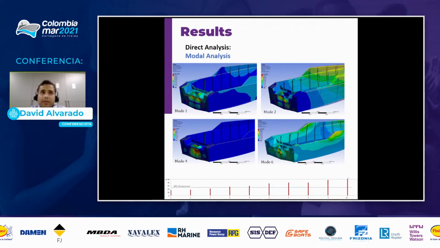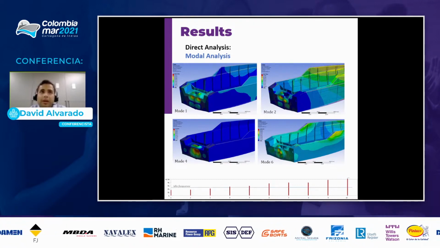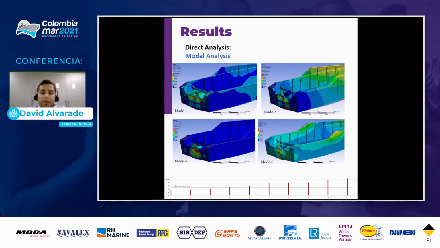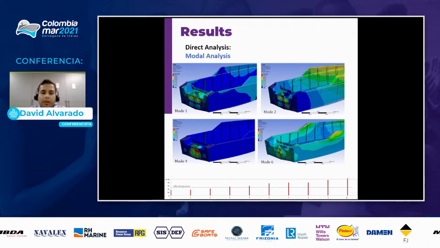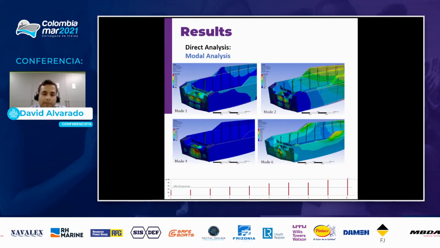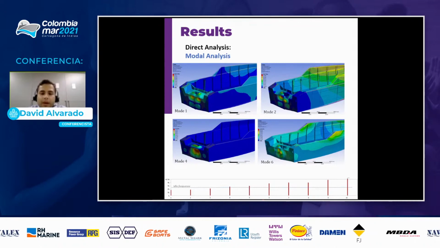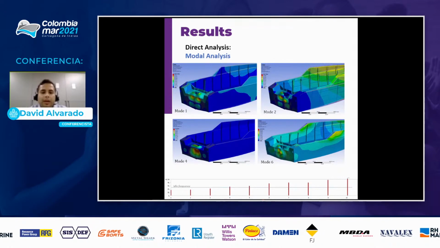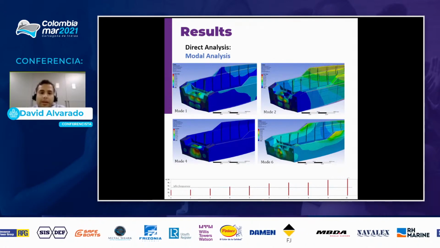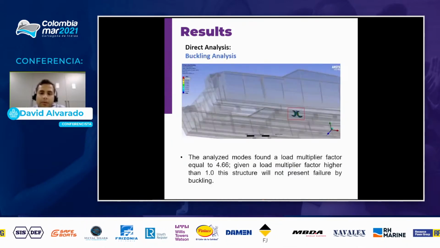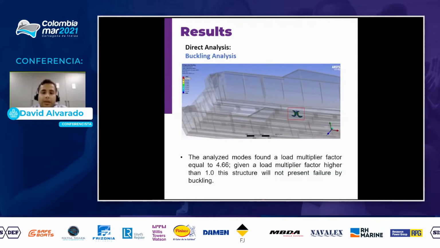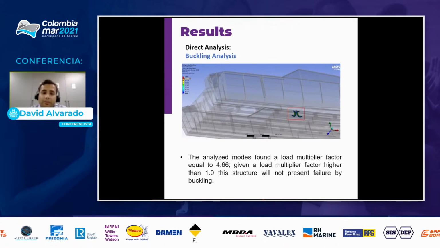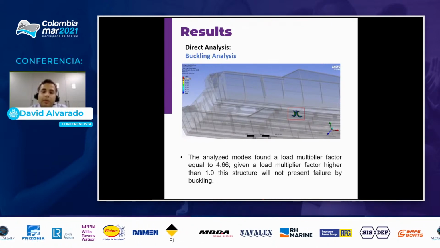Now, according to the standard and the separation between profiles and plate thicknesses, we can see an allowable deflection near 4 millimeters, and according to the mode of vibration, only a deflection of 1.5 millimeters, which is not considered to affect the proper development of the vessel's operations. Lastly, we have the loads due to buckling, linear buckling, where we cover different modes of loads,